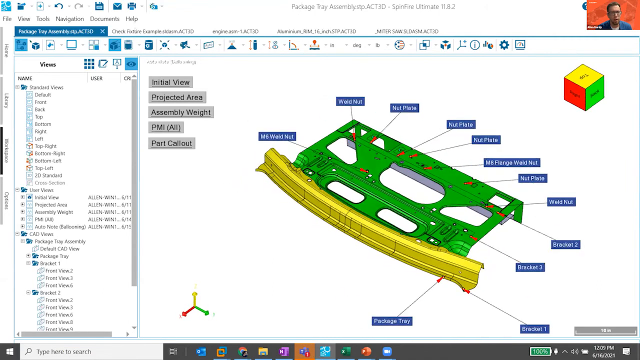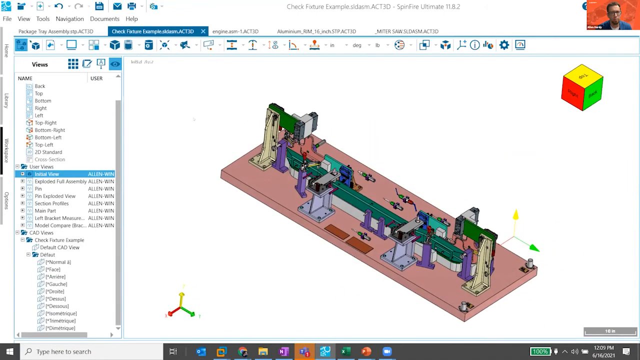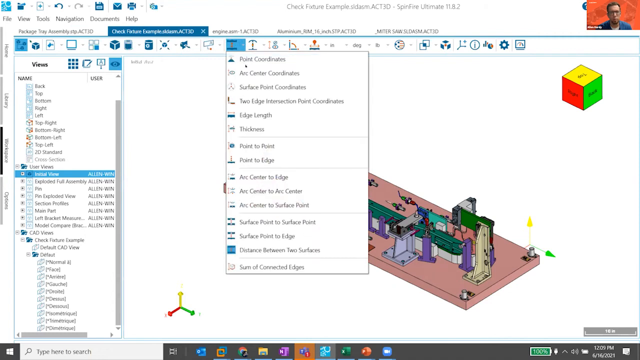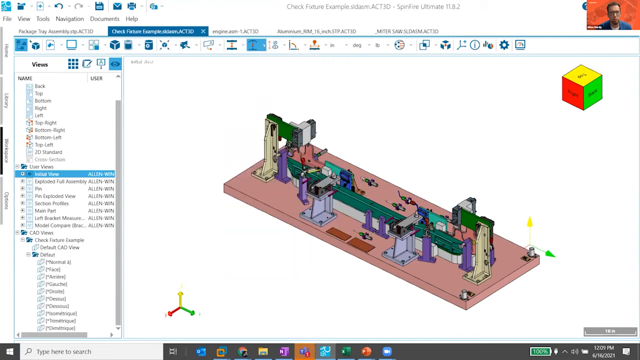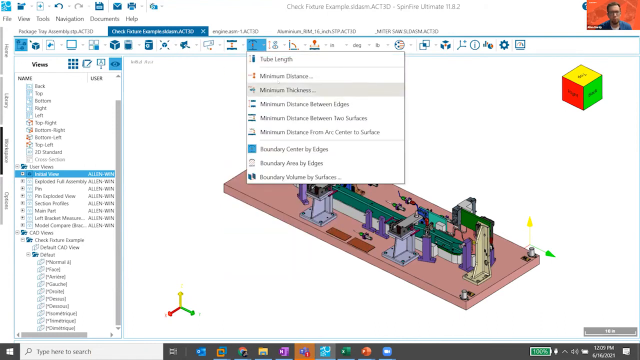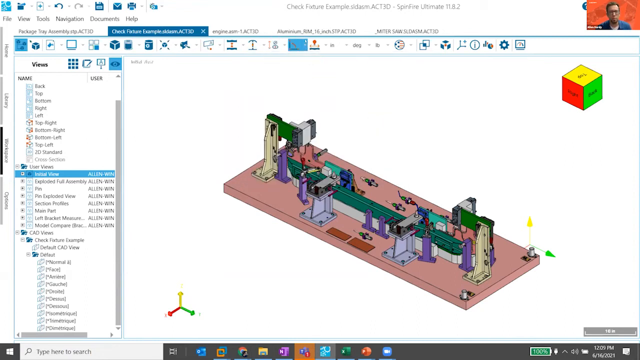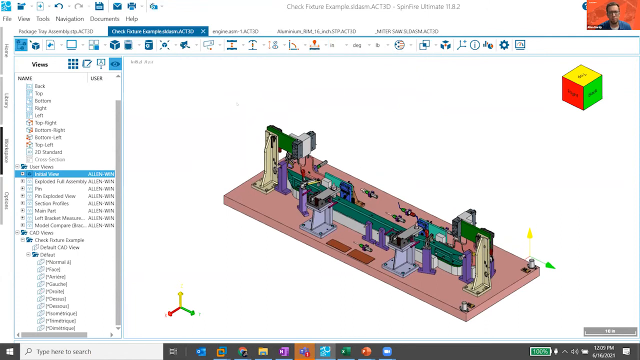Additional tools that we have with SpinFire are all these measurement tools, whether you want to do edge-to-edge or point-to-point type measurements. We also have a set of minimum distances and boundary calculations that you can do. There are arc measurements, angle measurements, and then we have the smart edge dimension, where instead of trying to spend